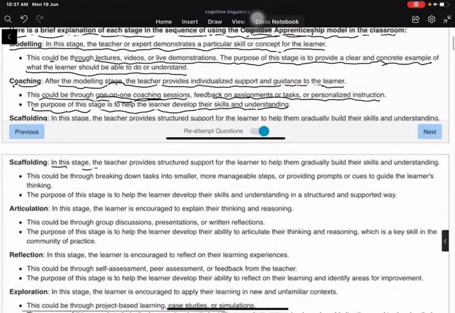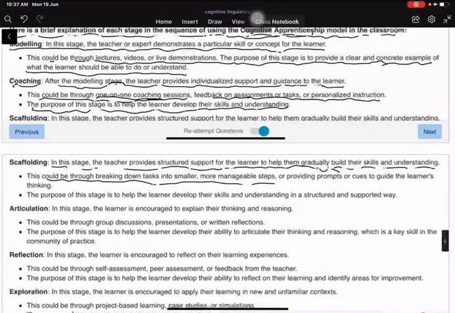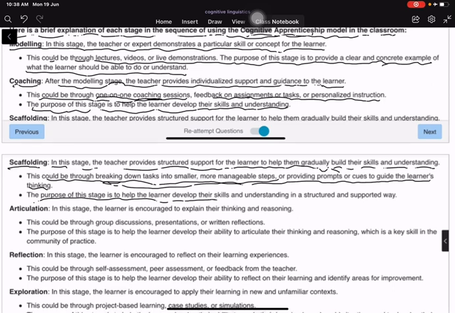Scaffolding now. In this stage, the teacher provides structured support to the learner to help them gradually build their skills and understanding. This could be through breaking down tasks into smaller, more manageable steps or providing prompts or cues to guide the learner's thinking. So that's scaffolding. Breaking down tasks into smaller, more manageable steps. The purpose of this stage is to help the learner develop their skills and understanding in a structured and supported